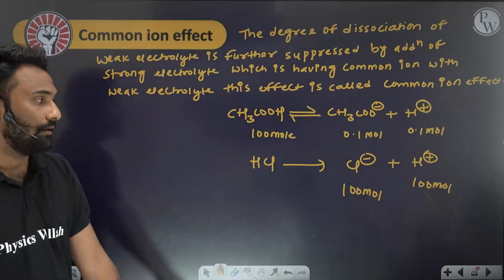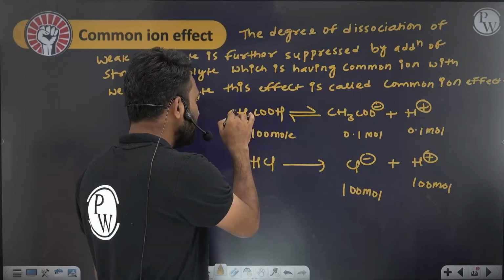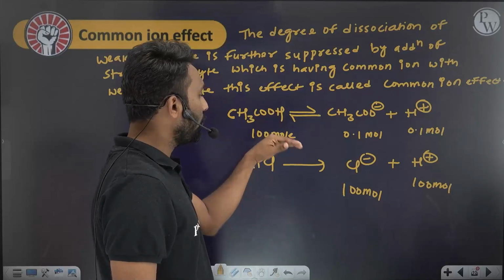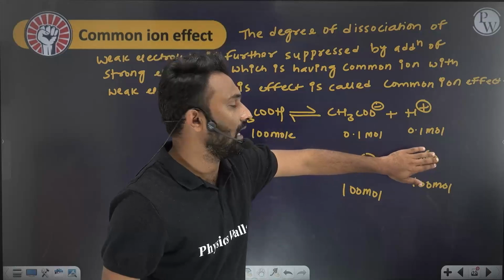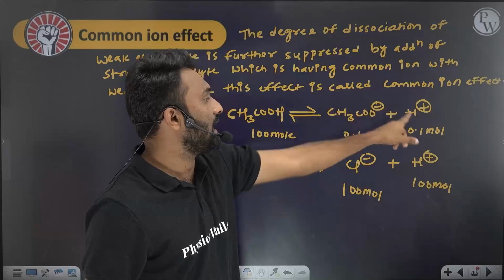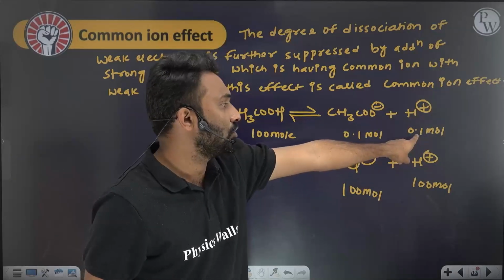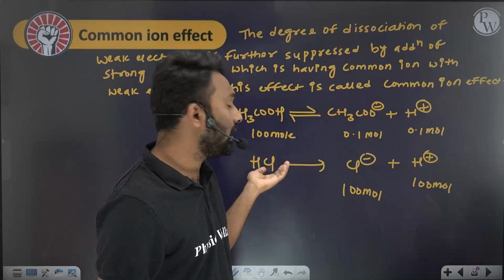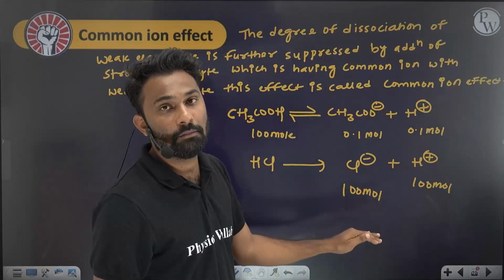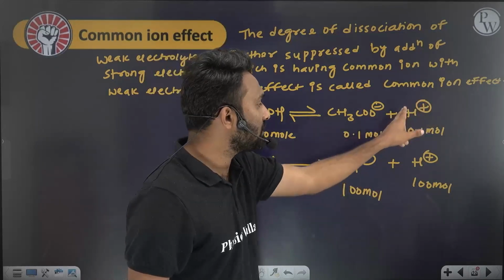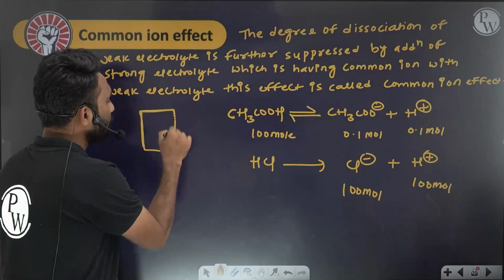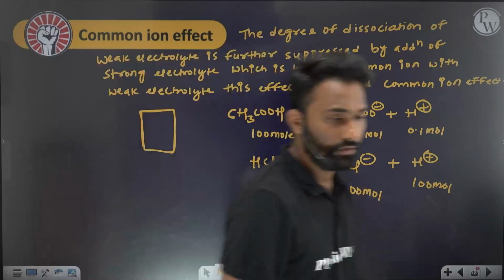Look here, acetic acid. Now before adding the strong electrolyte, in acetic acid the H plus ion concentration is how much? 0.1. Now when I add the strong electrolyte, what happened? The H plus ion, this is the total solution. In this total solution, now let us assume, one minute,